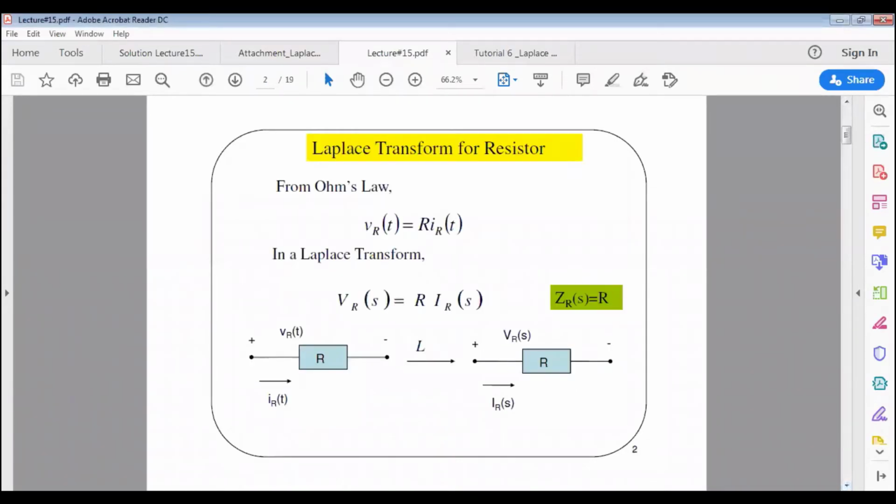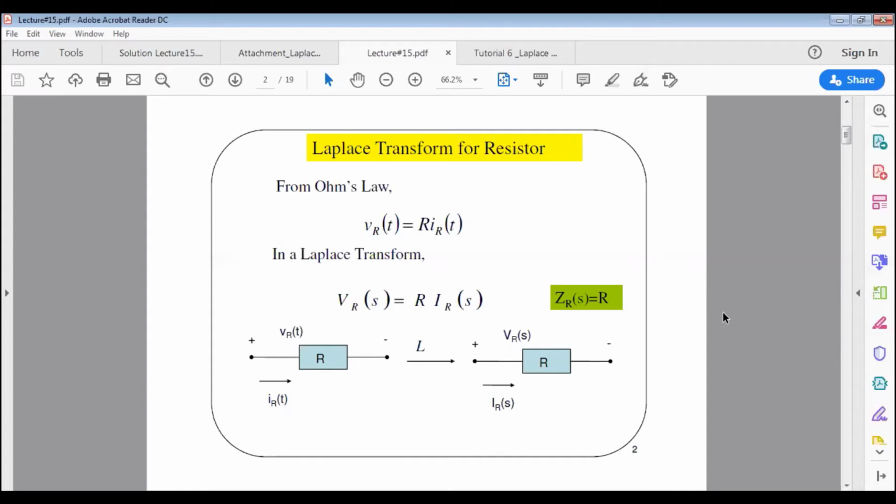So let's start with the Laplace transform for resistor. Basically, lecture 15 will be an application, as I stated in lecture 13 previously, in which Laplace transform is used to solve a circuit analysis problem. Before we can proceed with the circuit analysis problem, we have to understand how Laplace transform is used for the basic passive devices in a circuit, which include the resistor,